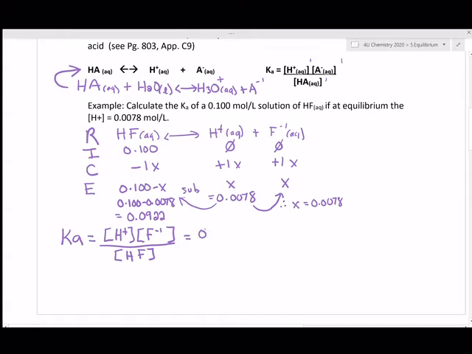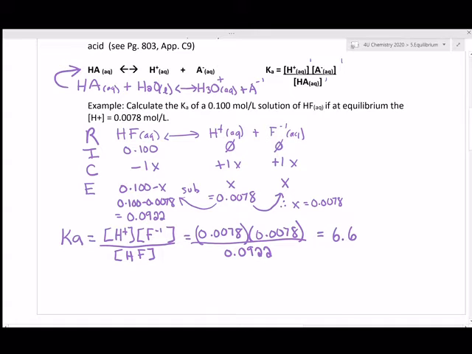So we're going to have 0.0078, and these are just raised to the 1, times 0.0078, divided by 0.0922. Okay, and if you do that carefully on your calculator, and we're going to go with 2 significant digits,